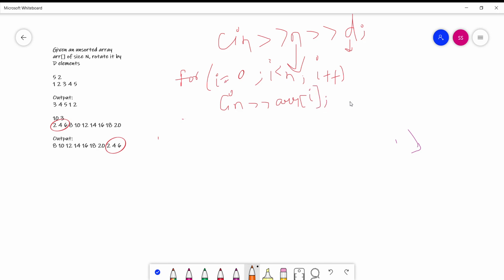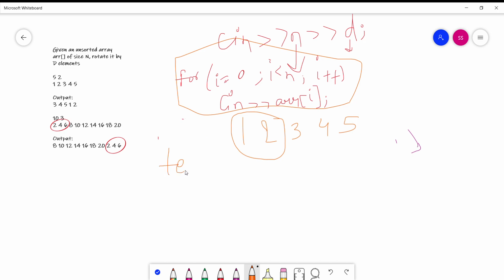Now what we have to do, understand the logic. First of all, let us suppose I have taken the values 1, 2, 3, 4, 5 and the value of d is given as 2. So first of all, I have to take a temporary array.